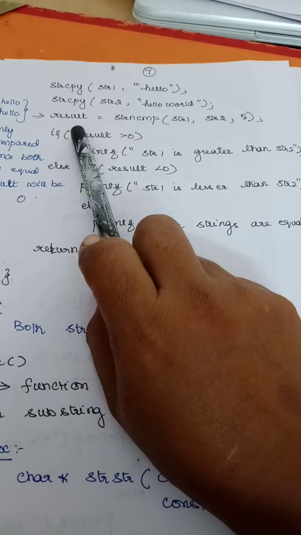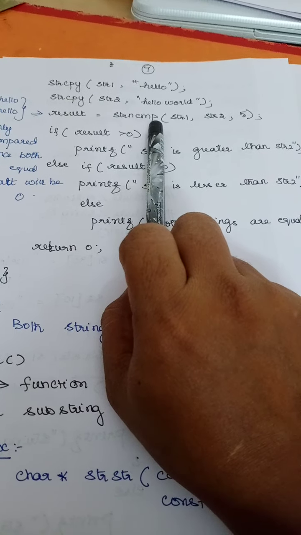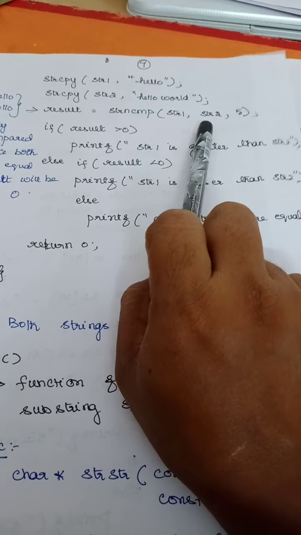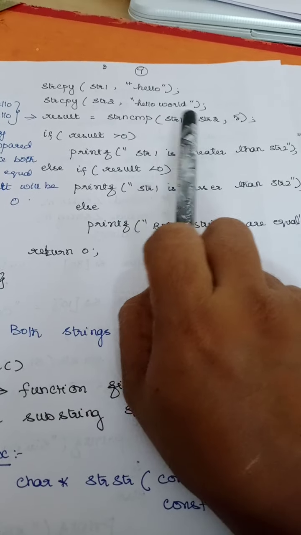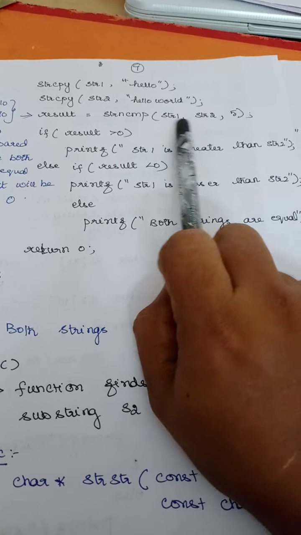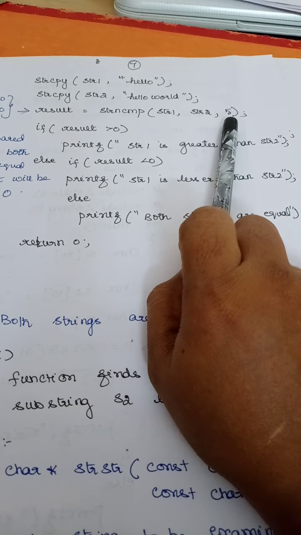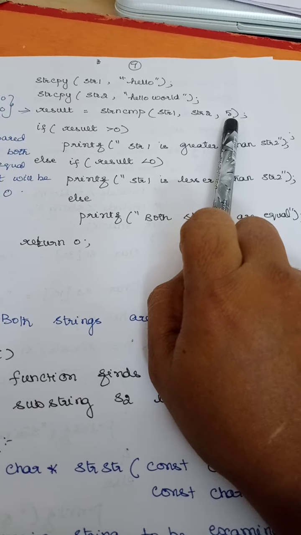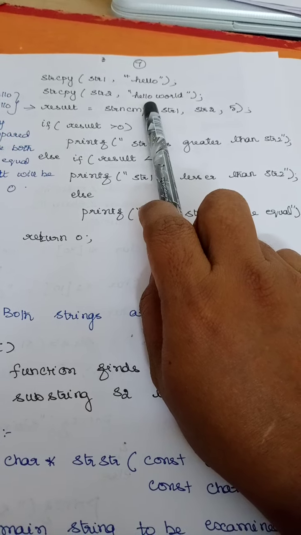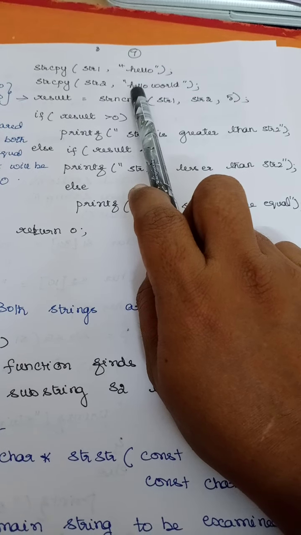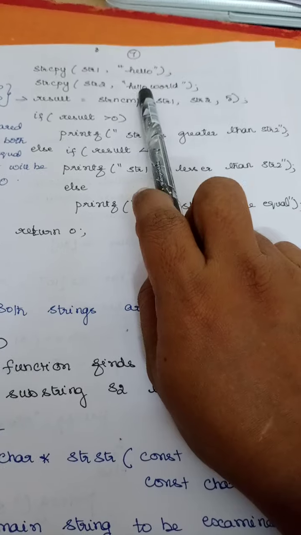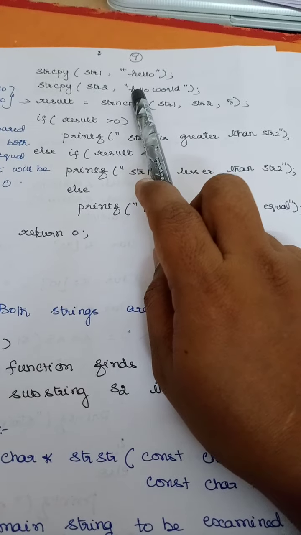Now here I am going to use strncmp. Here I am going to give two values, str1 and str2, first string and second string, and how many characters I am going to compare, that I can specify in strncmp. So I have given it as 5. So the first 5 characters will be checked. So HELLO, 5 characters. These two are the same here.